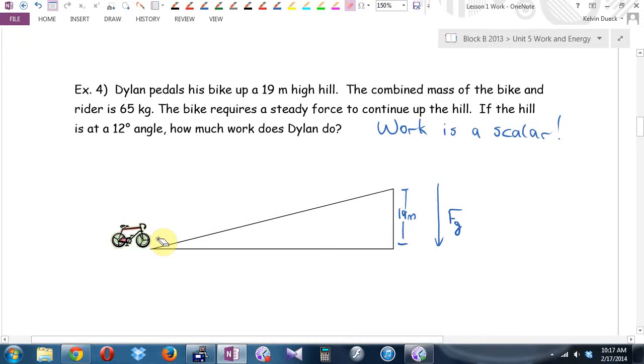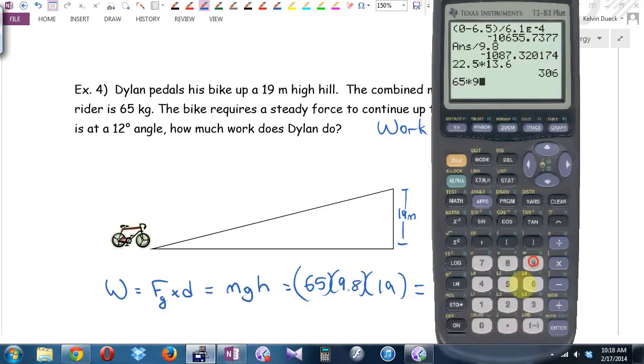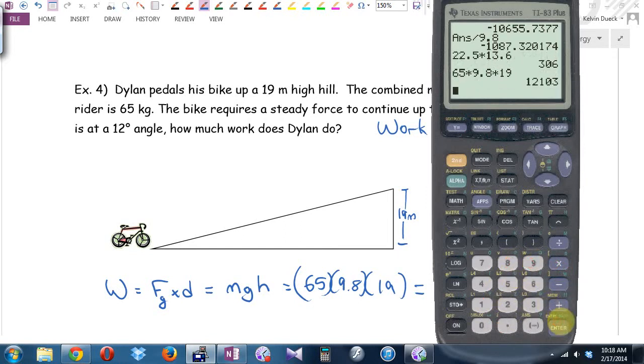Our best chance in analyzing the situation is going to be, let's try analyzing it in terms of work and energy. So the amount of work it requires is going to be force times distance. In fact, it's going to be the force of gravity times distance. It's going to be mg times h. It's going to be 65 times 9.8 times 19. And I get 12,103, I'll go 12,100 joules